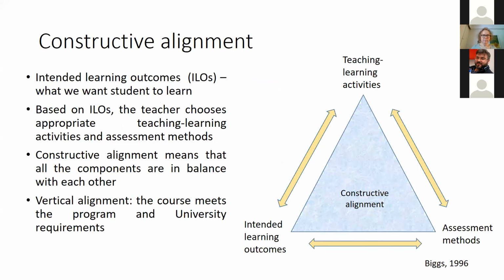So first, constructive alignment basically starts with intended learning outcomes, meaning basically what we want students to learn from the course. And based on these intended learning outcomes, the teacher can choose appropriate teaching and learning activities and assessment methods, because all of them should be balanced in order to get an interesting and good course from which students